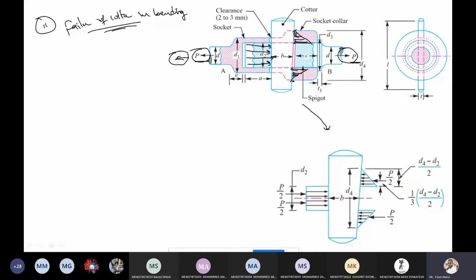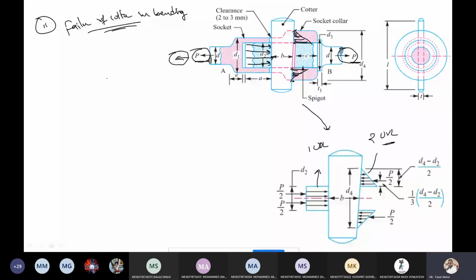So, after drawing separately here, how it is appearing on the quarter: two uniformly varying loads. Two uniformly varying loads you are able to see. Now, one is the uniformly distributed load, it is appearing. This is a uniformly distributed load, and these two are the uniformly varying loads. Now we have to calculate the maximum bending moment, bending stress.